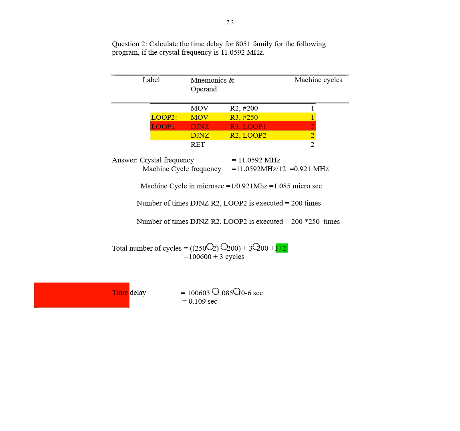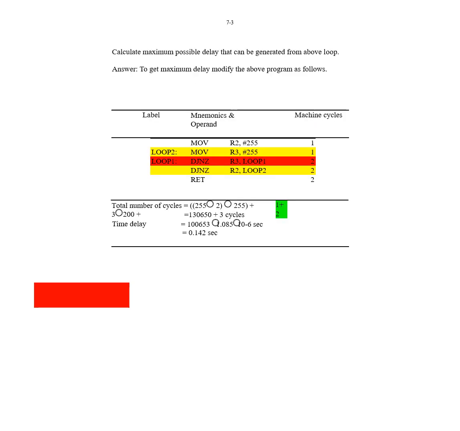So the delay will be, as I mentioned, 255 multiplied by 2 multiplied by 255, plus for this loop, how many are there? 1 plus 2, so 3, multiplied by 200, plus this 3.